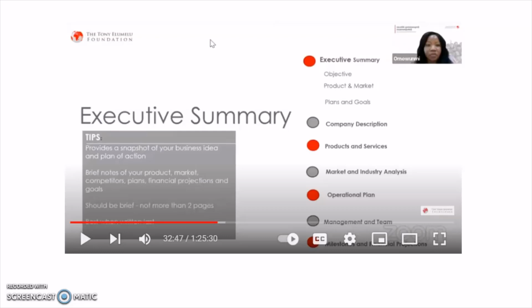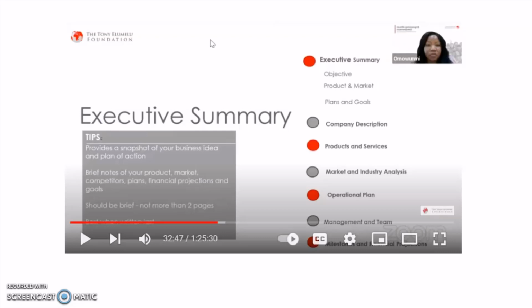It is supposed to be two pages or less, and you are expected to bring it. It is most times what most investors read. Most times they read only the executive summary. So it needs to be written in active tense,